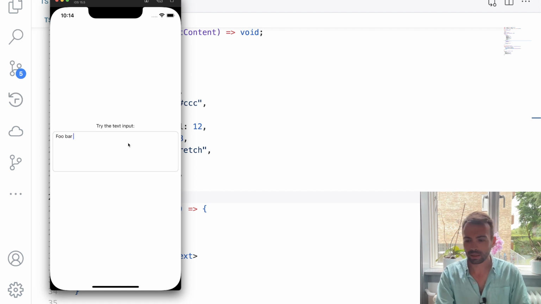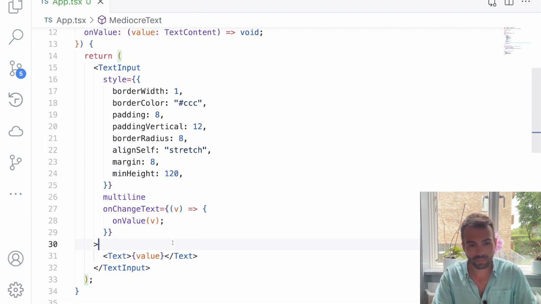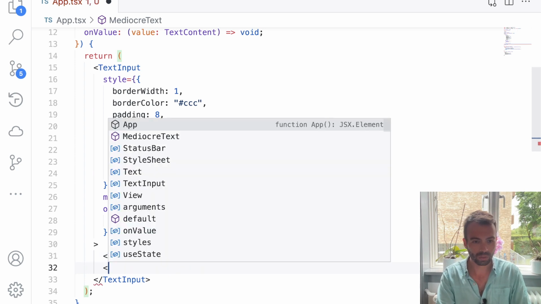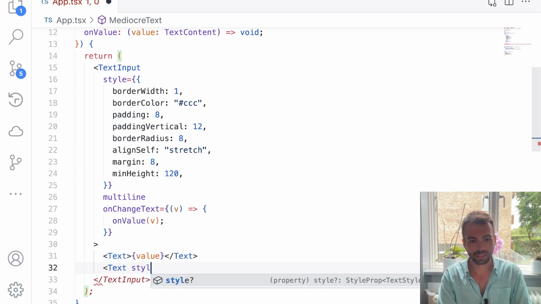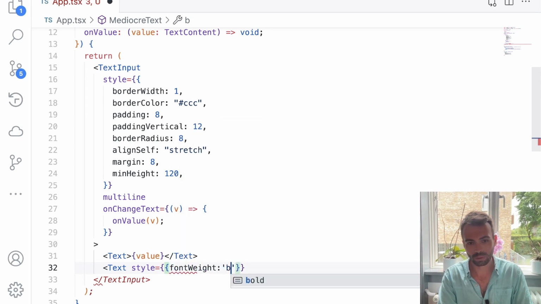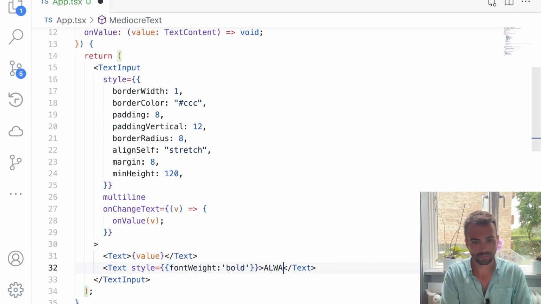Okay, so again, we have a very simple, not so rich text editing experience, but we do have the ability to change the style of this text component. And we can also do other things like, say, text style bold. Font weight is bold. Now we can say,